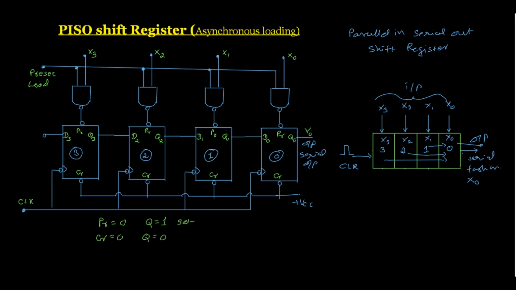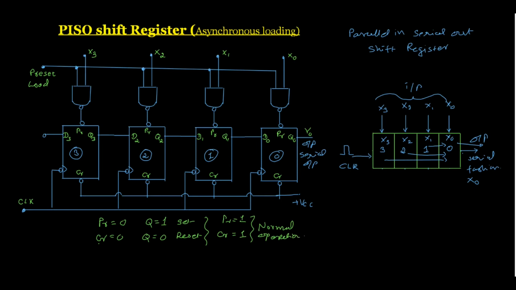This is known as the set and this is the reset. So by applying a preset active low, we can set the data in the flip-flop, and we can clear the register by applying clear input 0. For the normal operation, the preset must be equal to 1 as well as the clear has to be 1. So this will give you the normal operation of a flip-flop.